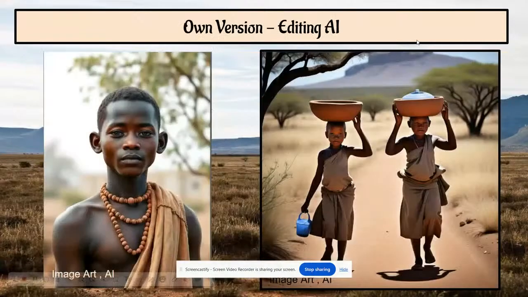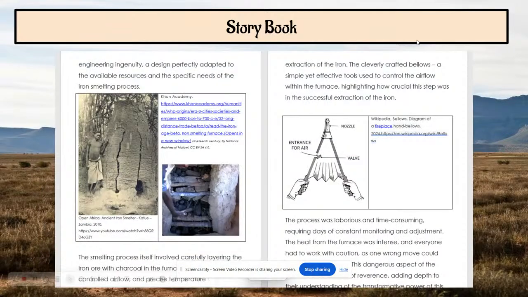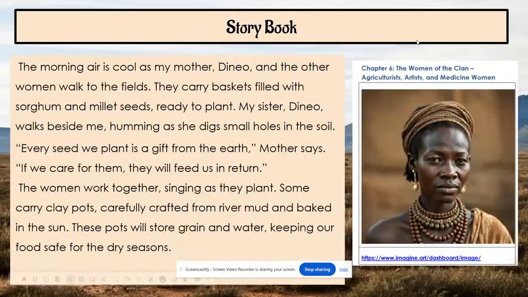Now I had to put it into a book with my own pictures, and so I used AI image art to introduce you to Kalebo, this good-looking lad on the left-hand side. And there's Kalebo and Dino, and so the book that I've created is full of pictures explaining the content of this term in a story. If you just read the story to the children this term, they would understand the content necessary for History Term 2. There are loads of pictures of the first kilns, of what bellows look like, so that the teacher doesn't need to go and find them. She can simply show them the pictures from the book while she's reading it to them.